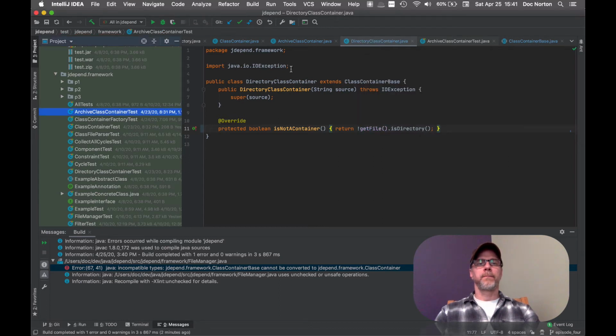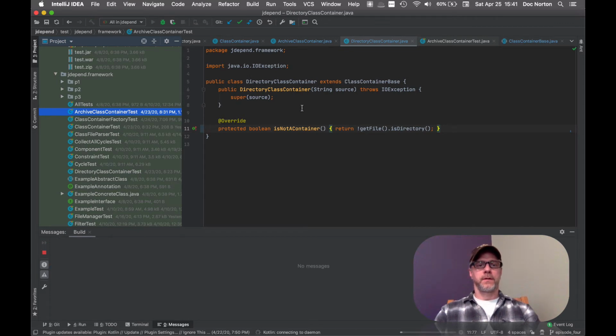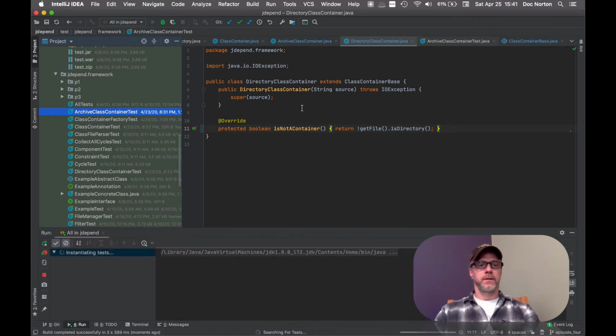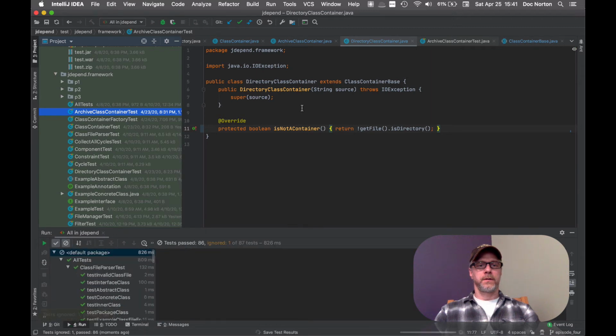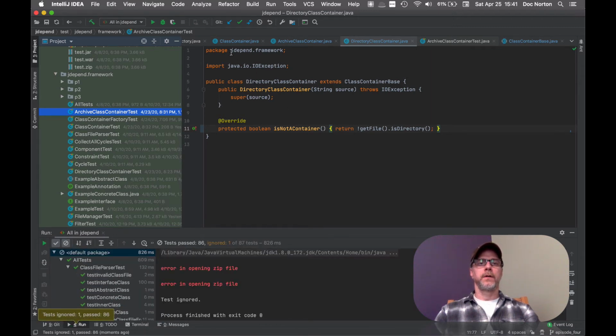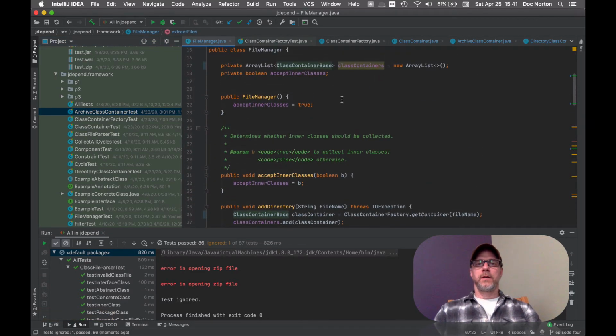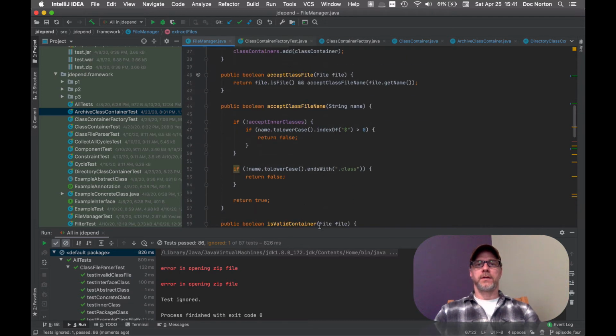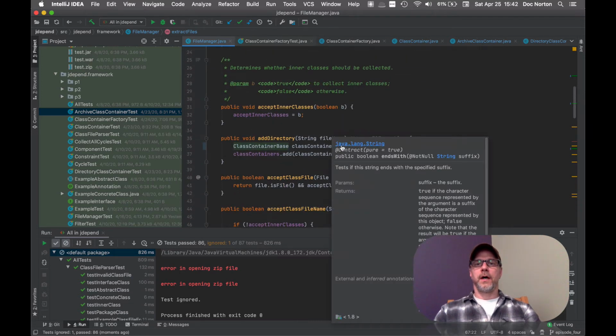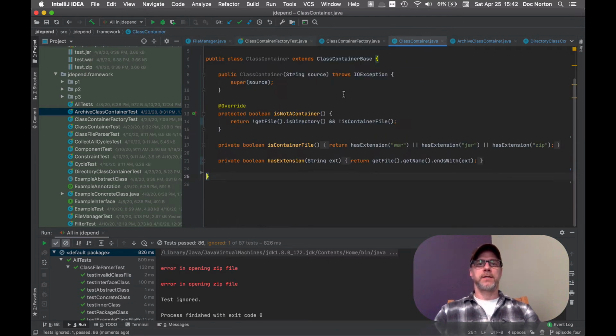Interesting. Okay, good. All right. So FileManager now uses the base class and the factory,